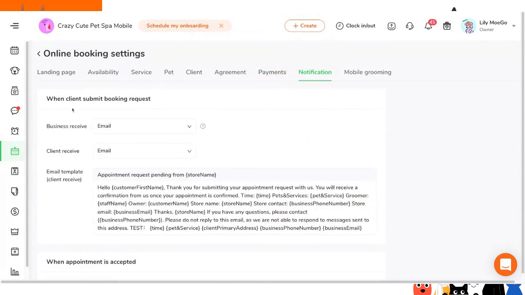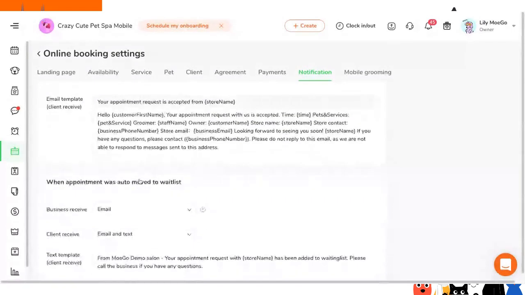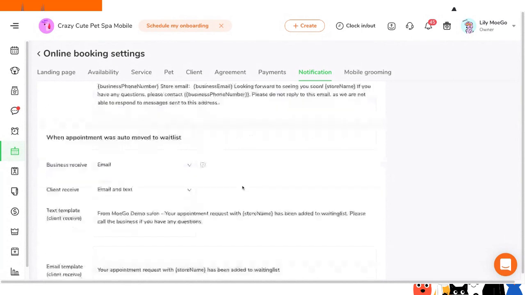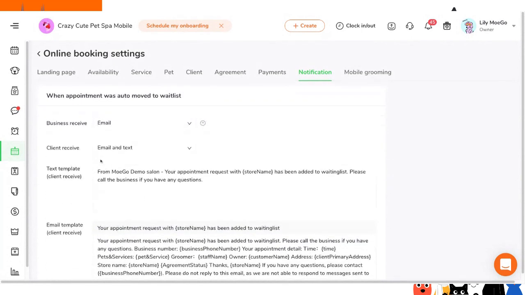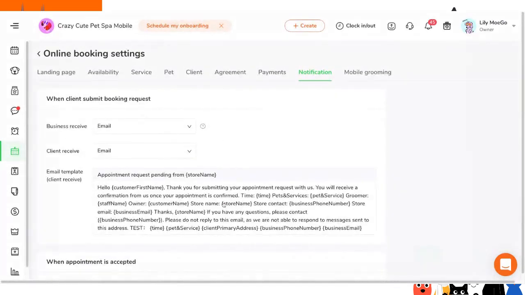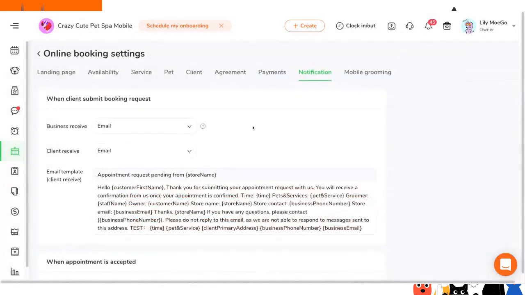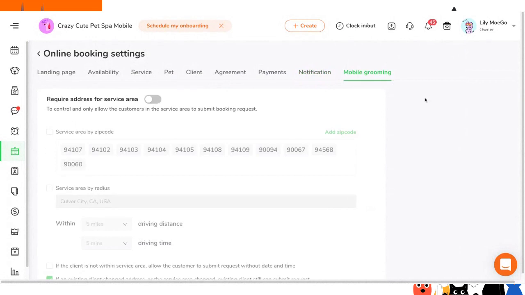The last two tabs are basically a communication to the business as well as the customer for when they're going through this online booking journey. So when they submit a booking request, what information they get and how they receive it, when the appointment is accepted, how they receive it and how you receive it, what it says, and then if you're moved to the wait list, again, what they receive and where they receive it, and then if it was declined, the information. So this is all customizable. You can put in any information you want, add in anything. It's all smart fields. And then lastly, for mobile groomers,